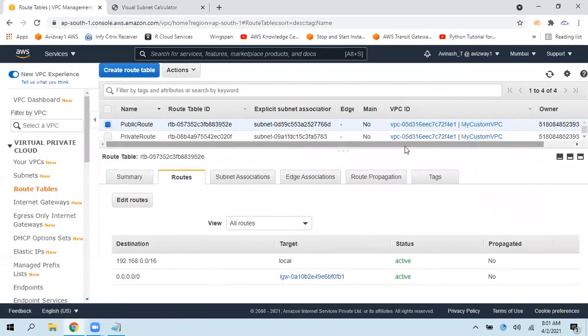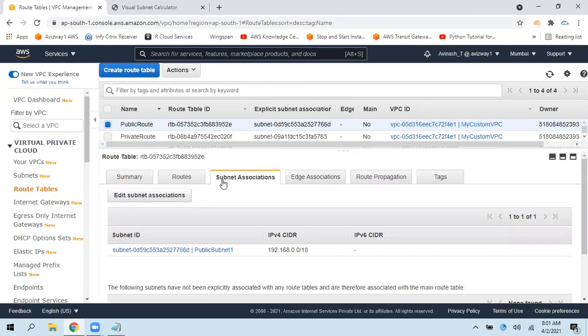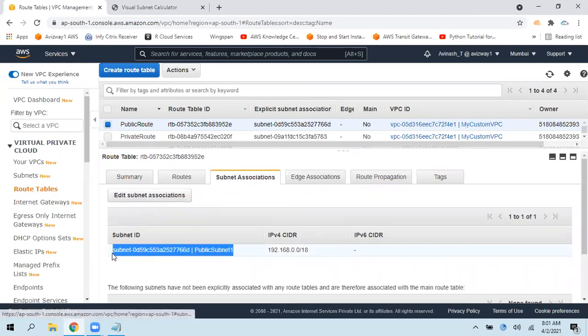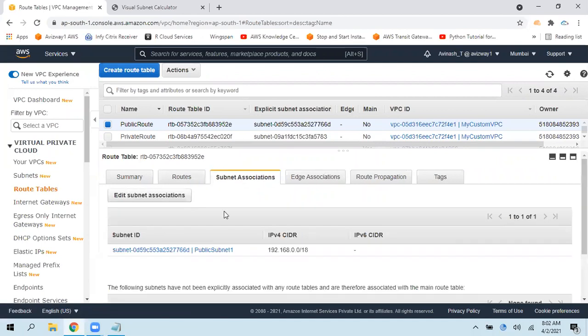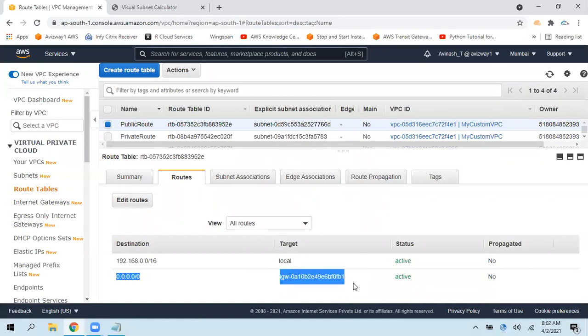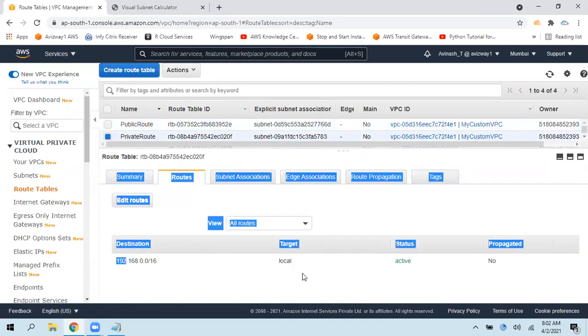So now what happens, whatever subnet is associated here, this public subnet, whenever it is trying to access the internet, the request will go to routes and it will look, okay, do we have any entry related to internet gateway? Yes, we have an entry related to this internet gateway. So the request goes via internet gateway and comes via internet gateway. So if you are accessing anything from this public subnet, then it can access the internet and it can be accessible over the internet. When coming to the private subnet, only the local one is there.